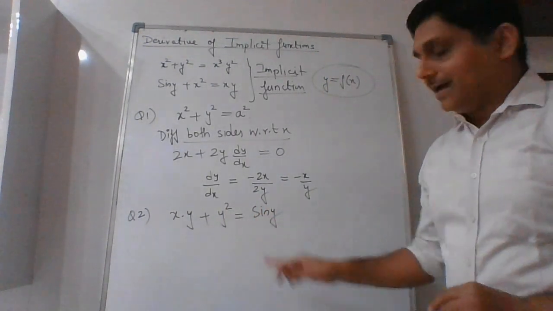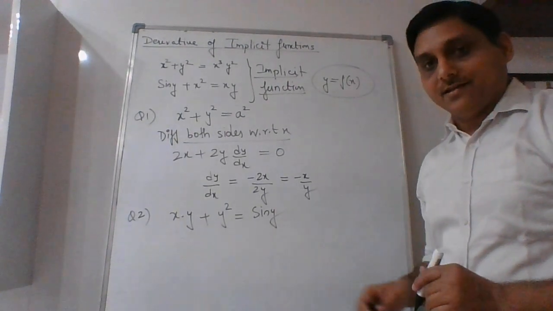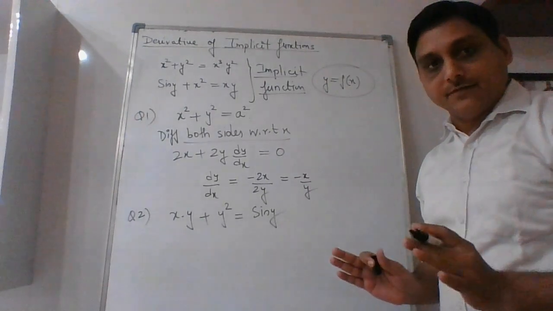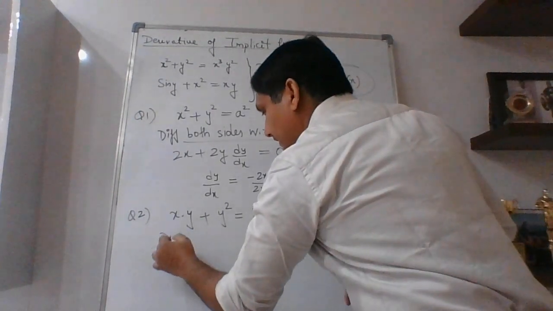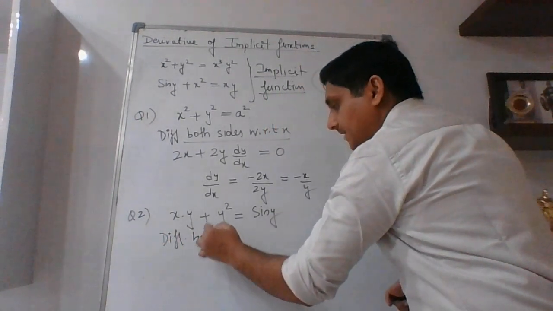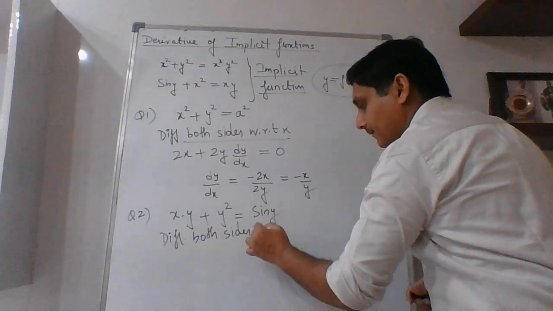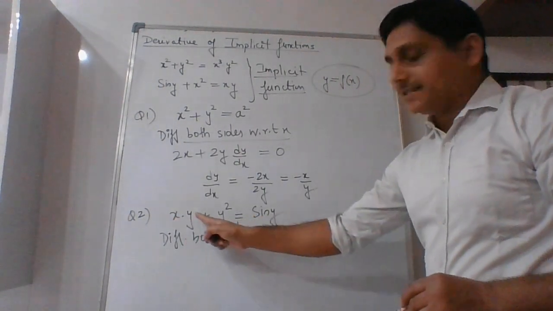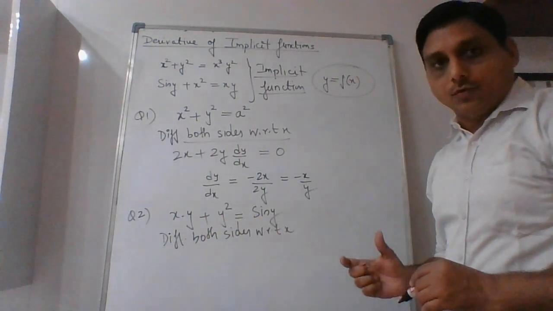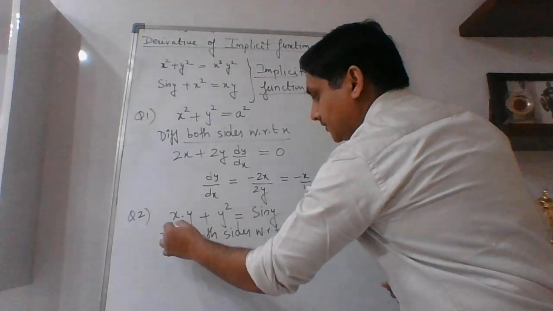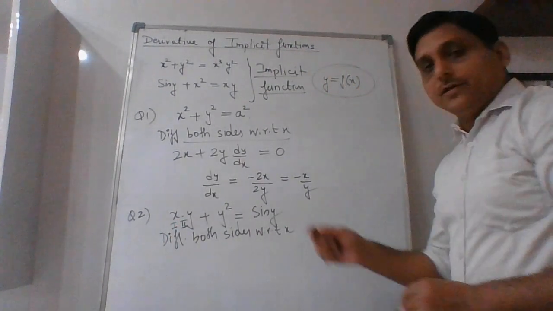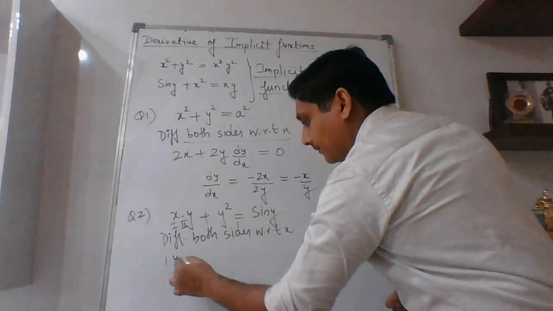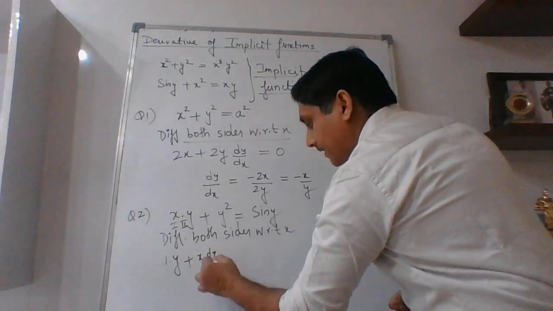So here again we have combined terms of x and y. Now how to take the derivative of this function? So again you will write differentiating both the sides with respect to x. Now here this is x into y, so we need to apply product rule of two functions. This is first function and this is second function. So when you take the derivative using product rule, this is what you will get: 1 into y plus x into dy upon dx